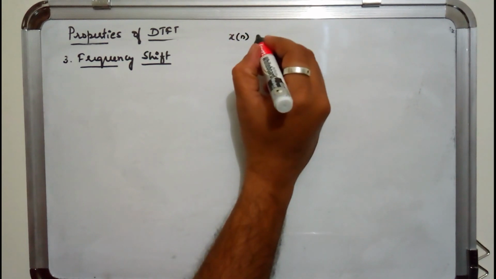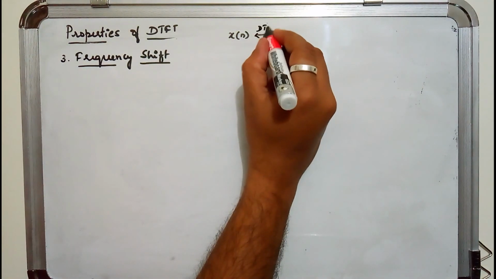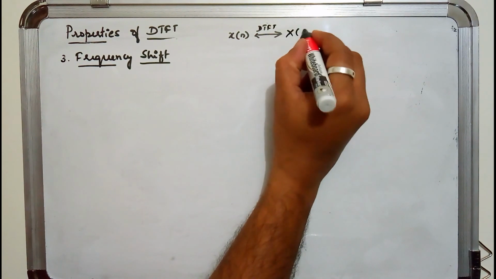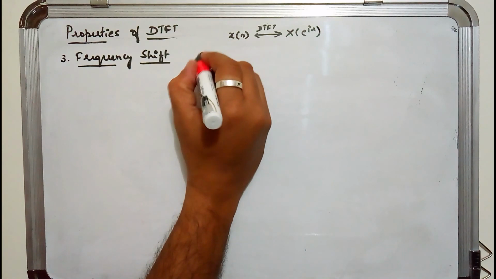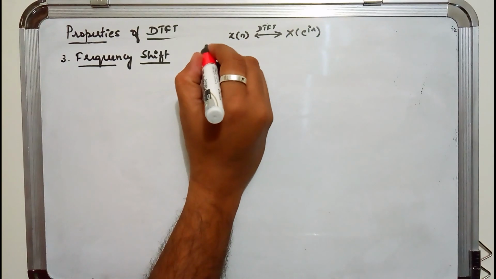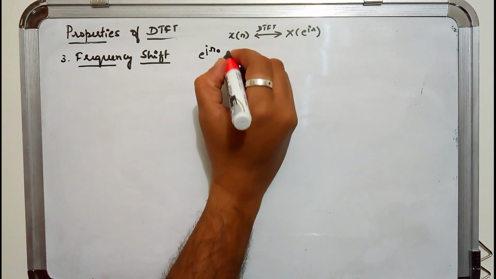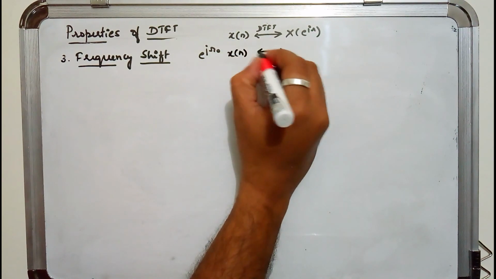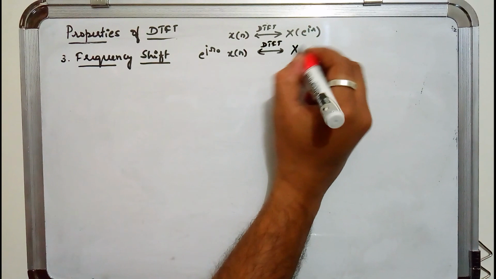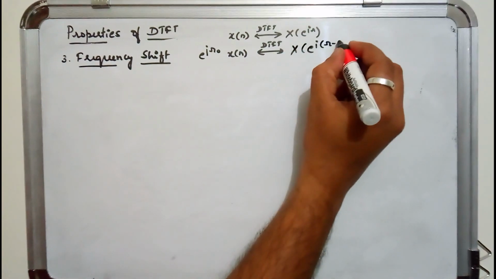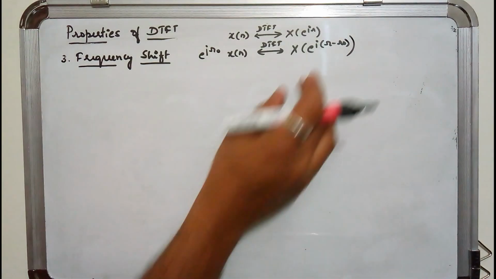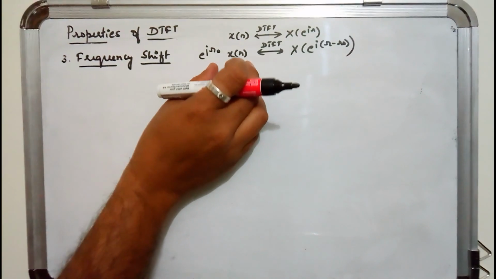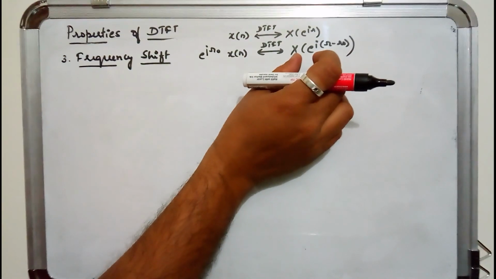In order to prove this, if x of n forms a DTFT pair with x of e power j omega, I need to find the DTFT of e power j omega naught into x of n. The DTFT is x of e power j into omega minus omega naught. So this is similar to your time shift. That means if there is a time shift in the input, there will be an exponential multiplier at the output